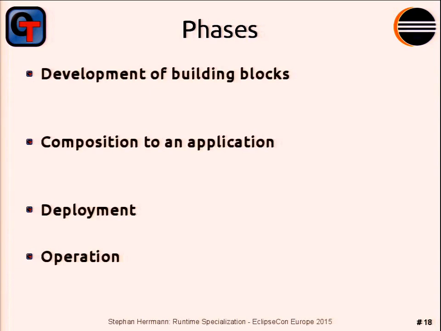just going through all the phases that typically exist in software development, or there may be more or less, but basically something like this. Some people are developing building blocks, and maybe they are very, very smart, and maybe they already have the perfect, complete variability model of what different variants this building block should exhibit in any situation. If you're in this category, then all you need is extension points, and you're fine. But you probably have some crystal ball, because otherwise I don't know how you would come up with a complete variability model of any building block